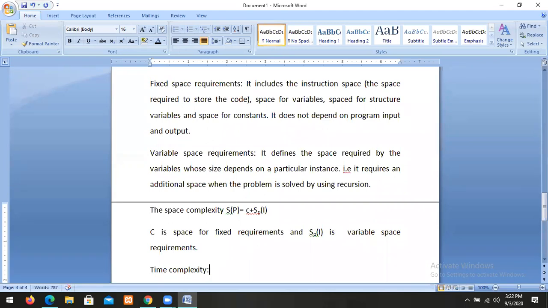What is time complexity? How to calculate a time complexity? Time complexity is the sum of the compile time plus its runtime. The amount of time required to complete the program execution is